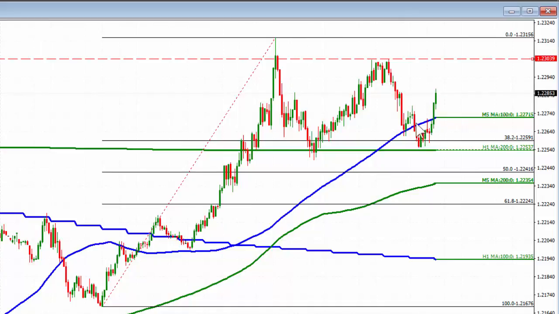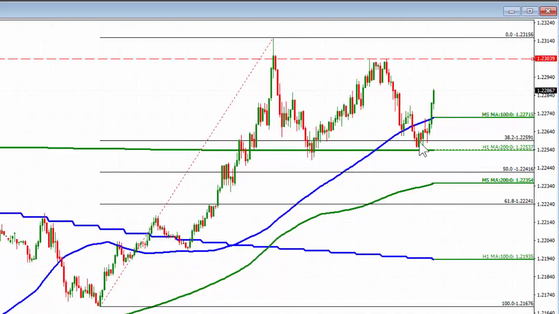We get a further confirmation on the 5-minute chart in the last 5-10 minutes on the break back above this blue line. This blue line represents our 100-bar moving average on the 5-minute chart. And if you look back over time, we went below it here, came up to it here, moved above it here, and then stayed above it until this last little break to the downside that took us to the 200-hour moving average. And we just had this little battle in between the 100 and the 200,